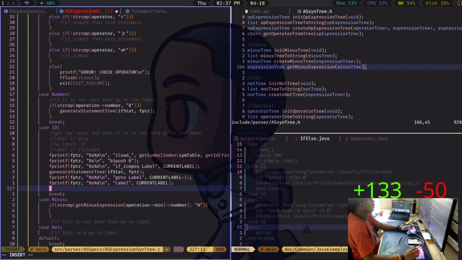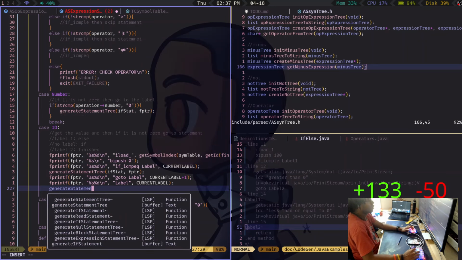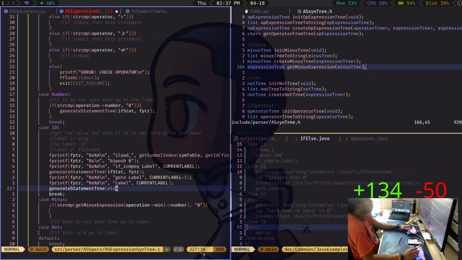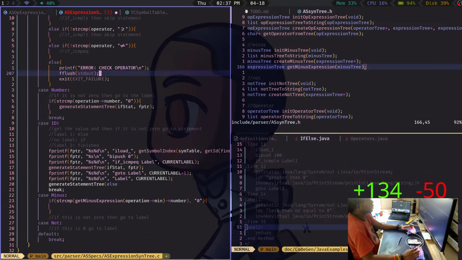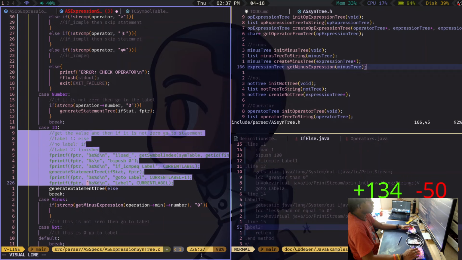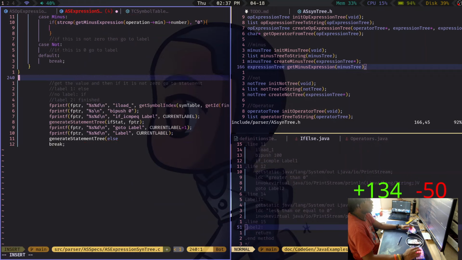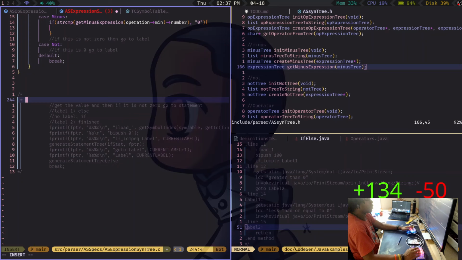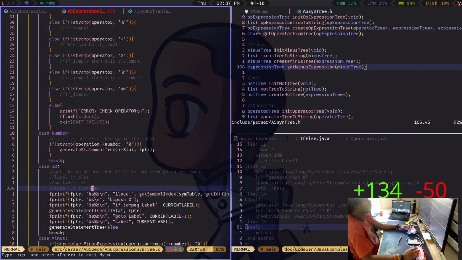Right, and then you generate statement tree, and this is else. Oh, they're not. Oh, this is just the if statement. Oh my gosh, I was doing the else. Okay, let me try that again.